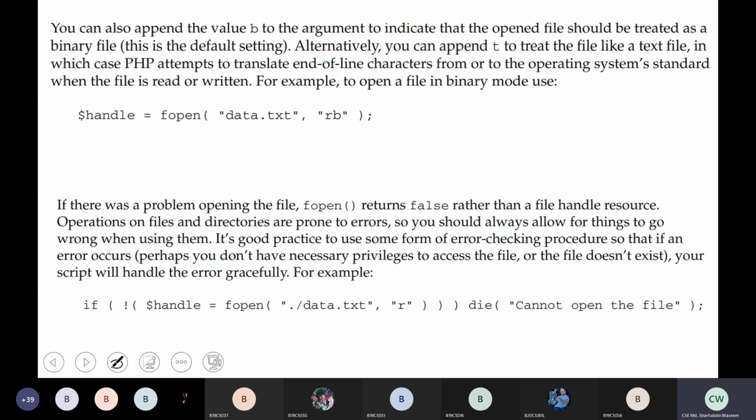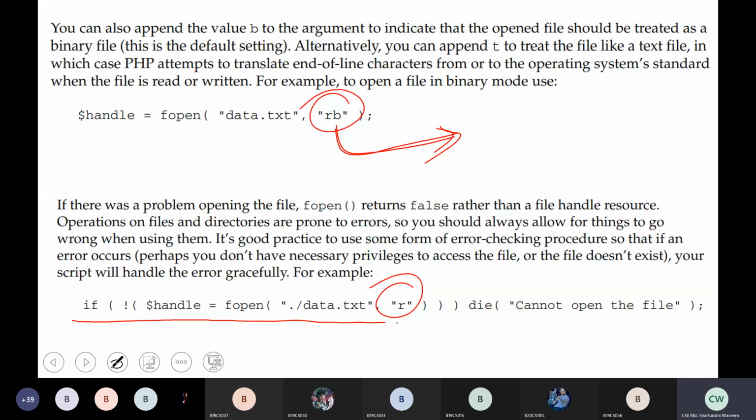Okay, let us see this example. RB. Here the B stands for binary file. You can tell the interpreter by appending some value, B or T, which we generally refer to as a binary file or a text file. So if you want to work with a normal text file, you can just simply give R, or if you want to work with a binary file, give the mode as B, preceded with the mode. Okay, so if you see this statement, if not of